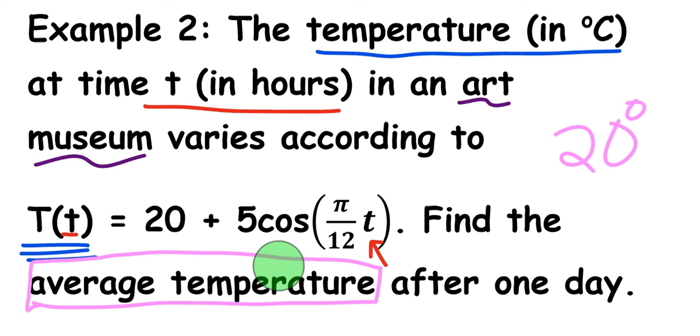Celsius. Now, that doesn't mean that it's always 20, right? It's probably going to be cooler or hotter depending on the time of day, but if we average all those temperatures together using our average value formula, we get the average temperature is going to be 20 degrees Celsius inside of